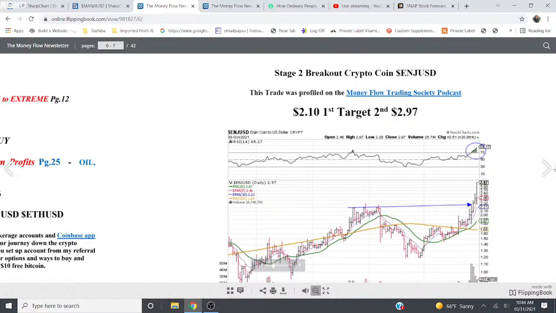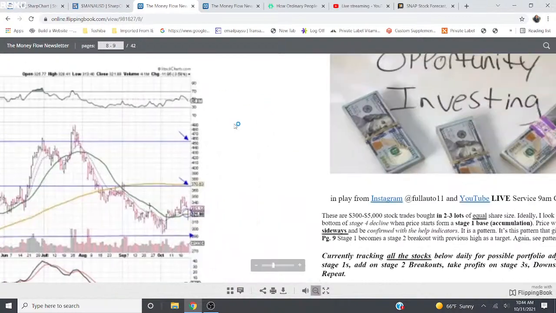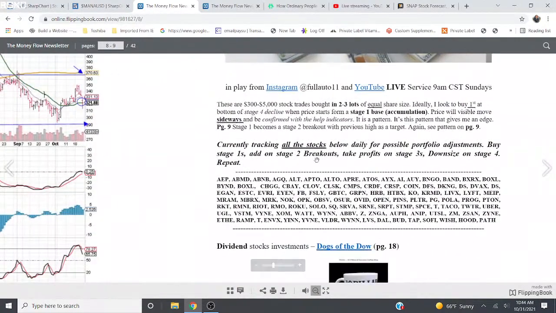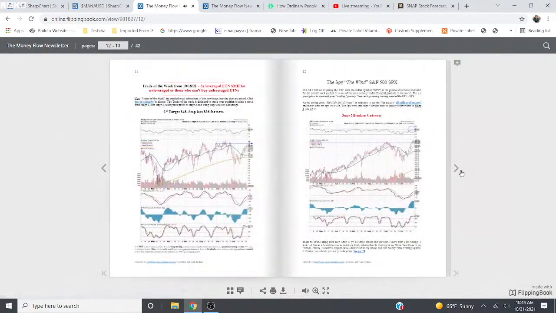So I'm putting these charts on here for me to tell me what was I thinking when I bought it, you know, Roku. And then these are all of the stocks that I'm tracking right in here. So every day I'm watching these. It doesn't mean I'm not watching others, but I'm watching all of these for possibility of trade entries. You know, a lot of these are mixed, penny stocks, blue chips, growth. Most of these are growth plays, right? So watch this. If you come to the back,